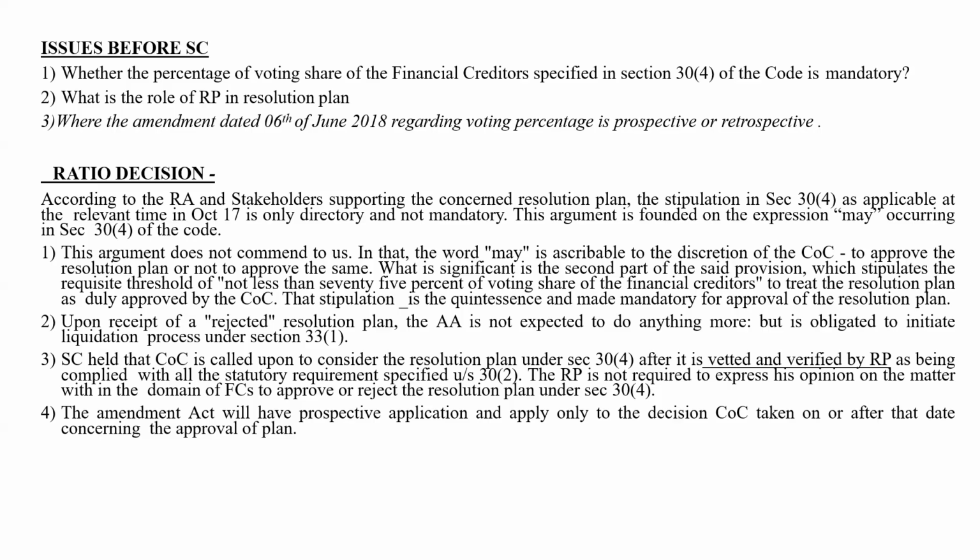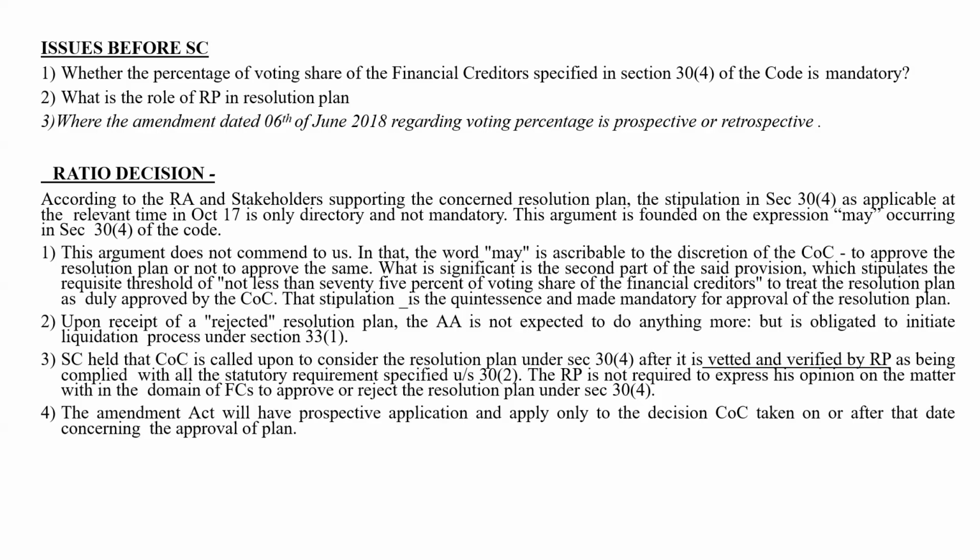परसेंटेज है ये डायरेक्टरी है, मैंडेटरी नहीं है। ठीक है, सुप्रीम कोर्ट ने कहा दिस आर्गुमेंट डज नॉट कमेंड टू अस इन दैट द वर्ड मे इज एस्क्राइबेबल टू द डिस्क्रिशन ऑफ द सीओसी टू अप्रूव द रेजोल्यूशन प्लान। अगर हम सेक्शन 30 सबसेक्शन 4 को देखें तो सेक्शन 30 सबसेक्शन 4 हमारा क्या कहता है? सेक्शन 30 सबसेक्शन 4 कहता है द कमिटी ऑफ क्रेडिटर्स मे अप्रूव ए रेजोल्यूशन प्लान। ठीक है, तो इन्होंने कहा कि भाई मे, सुप्रीम कोर्ट ने कहा कि मे का मतलब ये नहीं है कि मे बात जो है ये डिस्क्रिशन है 66% के लिए।